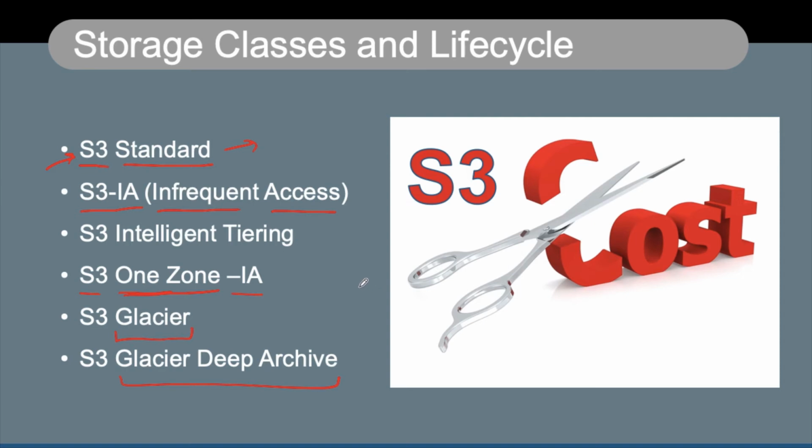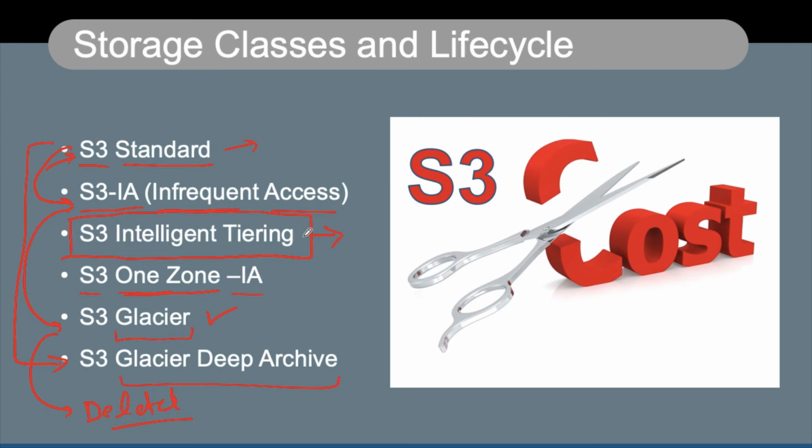However, if you really want to do all these things manually, you can create some lifecycle rules and move your data from S3 Standard to S3 Infrequent Access, S3 Infrequent Access to S3 Glacier, and S3 Glacier to delete. Let's say after 12 months this data should be deleted from S3 Glacier and I will no more be charged for that particular data. However, if you want AWS to manage all these things automatically, you can also go with something called S3 Intelligent Tiering, where this transition can automatically happen based on the algorithms which are available in AWS.